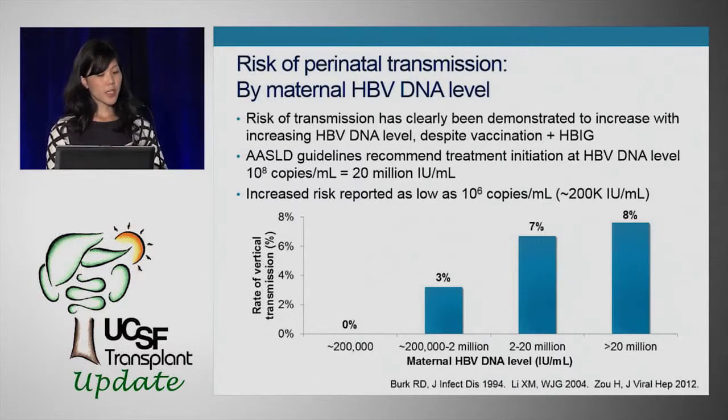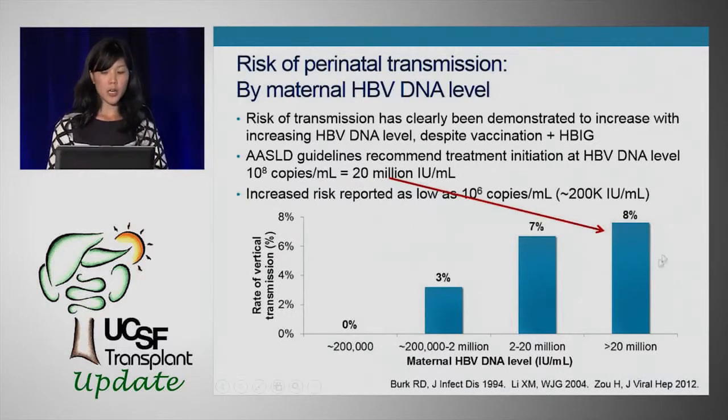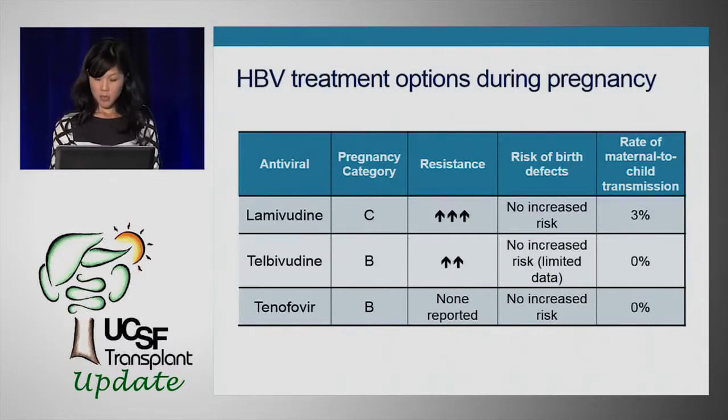But as you'll see from this figure, which shows the rates of vertical transmission by maternal HBV DNA level, you can see that there is still persistent risk even under the threshold that AASLD has recommended. So AASLD recommends initiating treatment here, where the risk of perinatal transmission is 8%. But even when you get to 2 to 20 million international units, the risk of perinatal transmission is 7%. And at 200,000 to 2 million IUs per ml, the risk of perinatal transmission is 3%, which is not